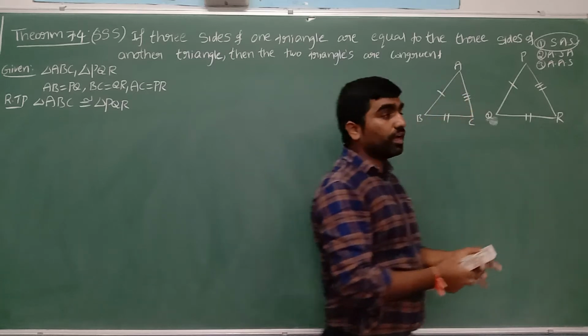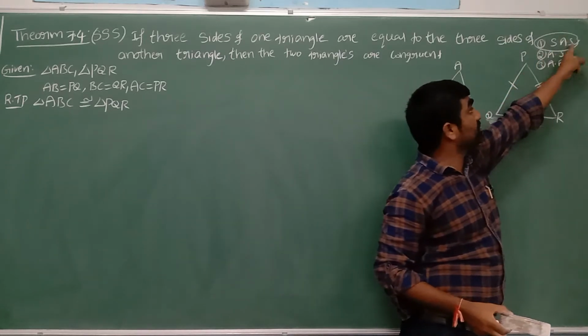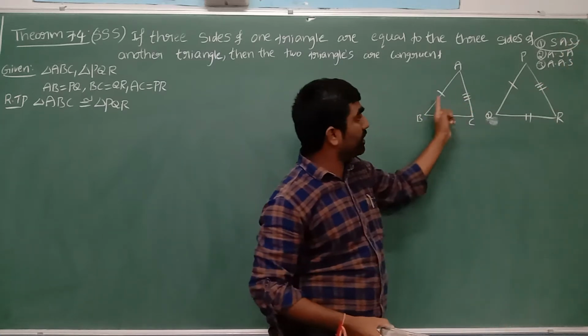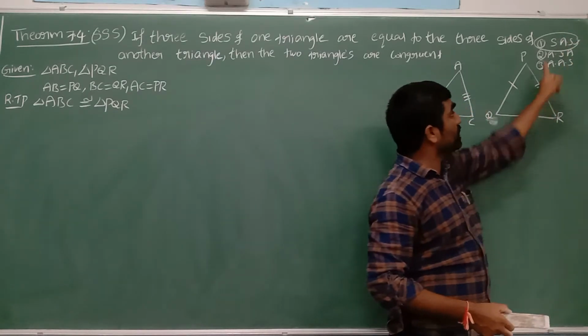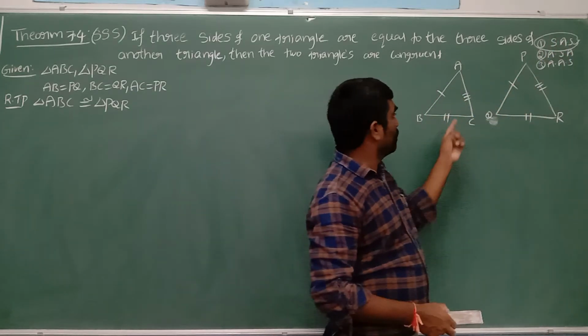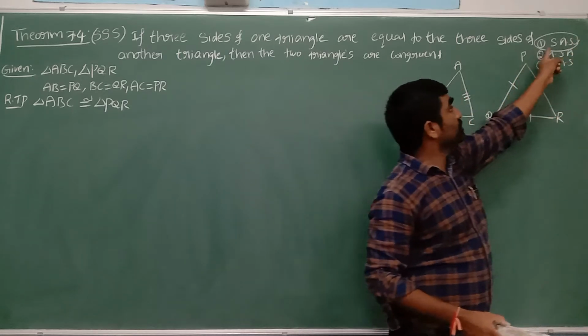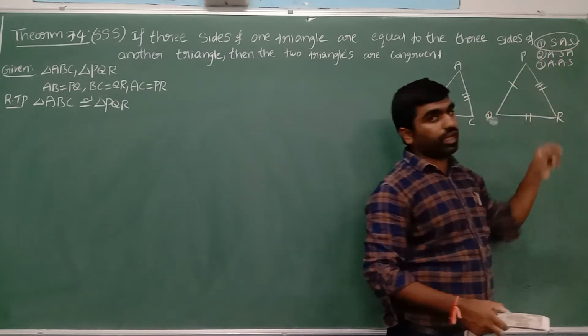Because here I have a source, sides are equal. Here I can see more number of sides. Two sides are equal. Already here three sides are equal. So two sides are equal only. So still I want to prove only one angle is equal, to prove both are congruent with the help of SAS: two sides are equal and included angle equal.